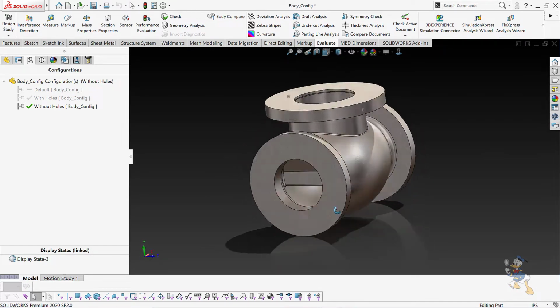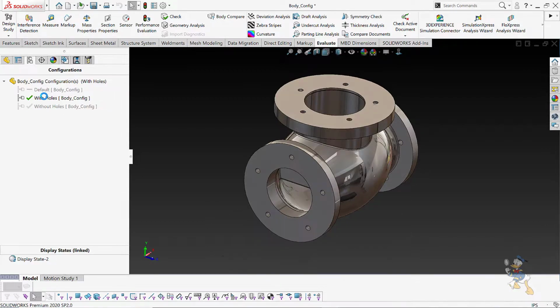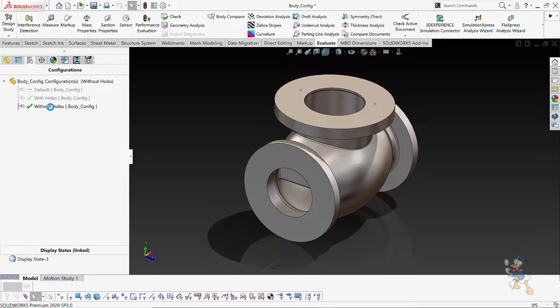I don't need to do anything, it just does it itself. If we don't need holes, we can pre-generate this model in the configuration and we will get it without doing any extra work. We just need to click on with holes, and we will get the body with holes, and if we need only without holes, we will get the body without holes. This is very simple in SolidWorks configurations. This is the flexibility of SolidWorks. It provides us a way to manage this kind of thing.